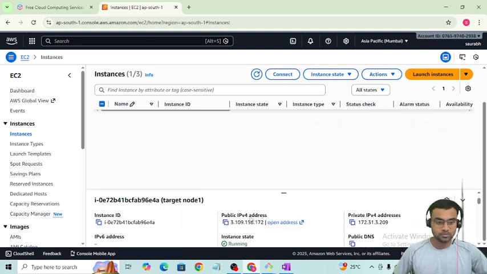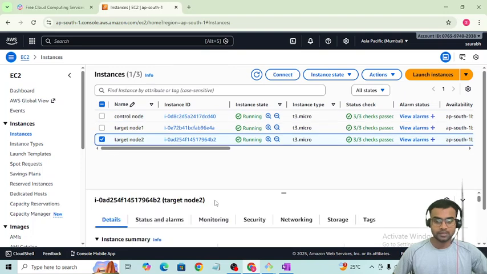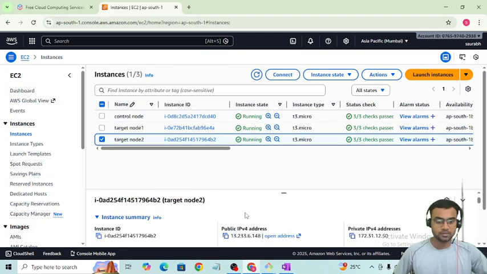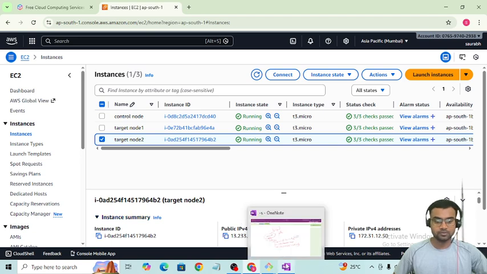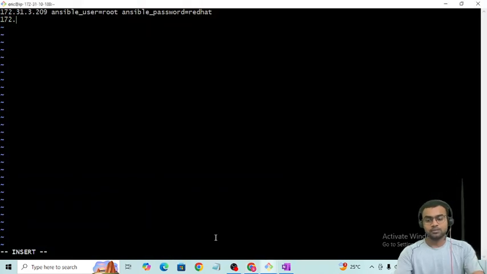172.31.3.209 for target node 1, and for target node 2 it is 172.31.12.50. Ansible user is root, Ansible password is Red Hat. Okay,